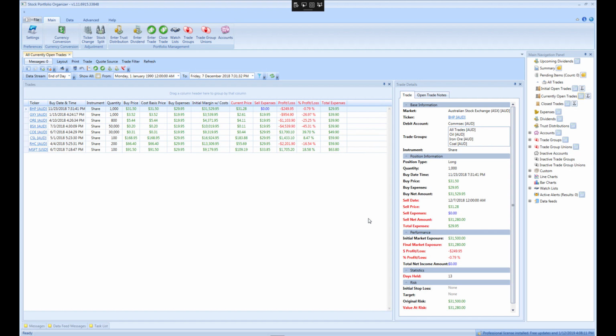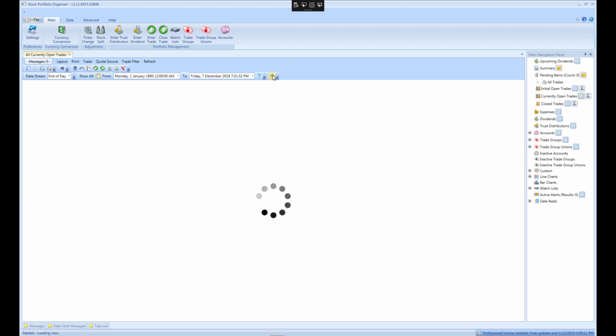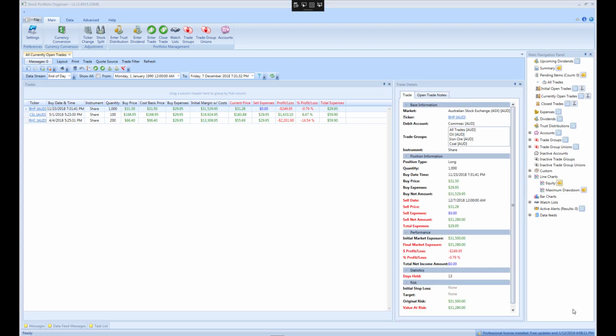Next, we need to refresh the view to apply the trade filter. You can also do the exact same thing in the equity chart view to see how your ASX Top 100 trades are performing, or in the summary view to see their performance metrics. For example,